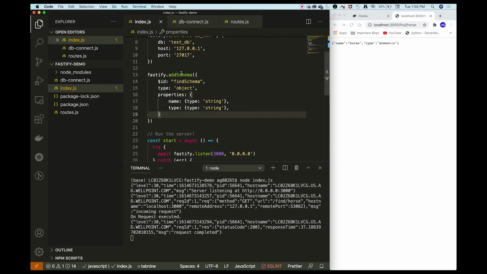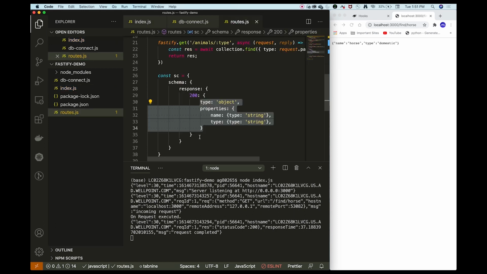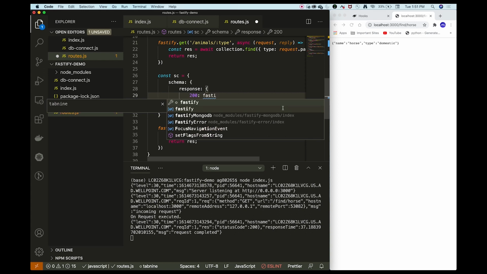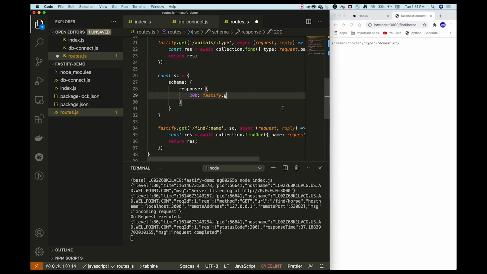And now we have created a schema in Fastify, and what if I want to access this schema that we created in these routes? So now I can remove these properties, and I can access the schema using the getSchema method. So fastify.getSchema, and just give the name of the schema.